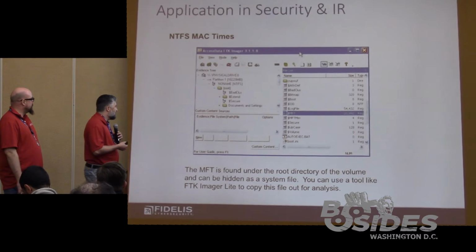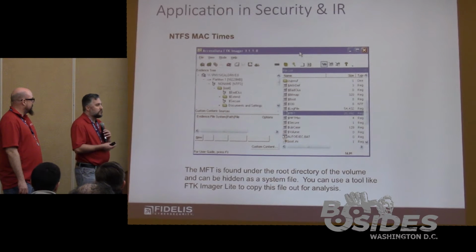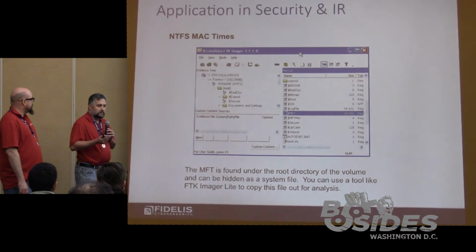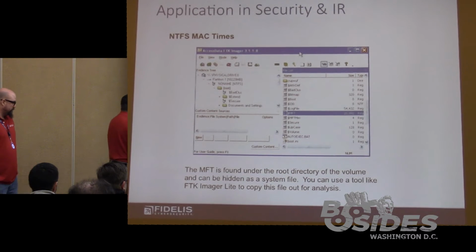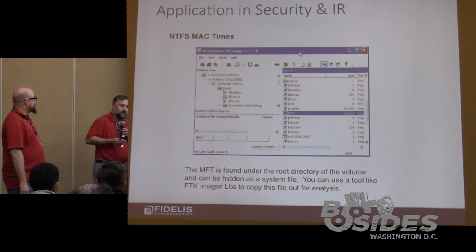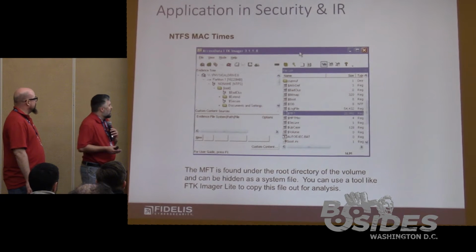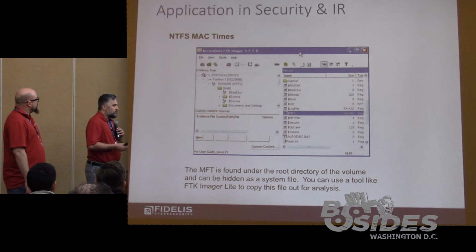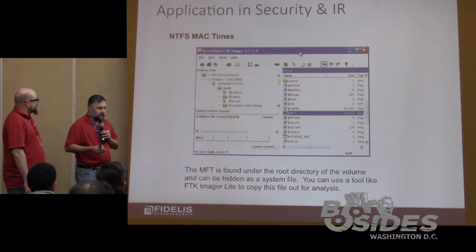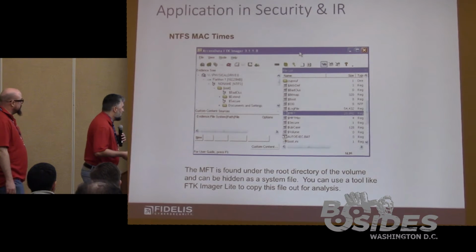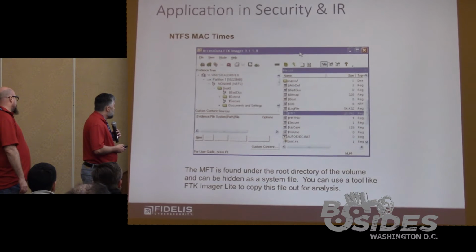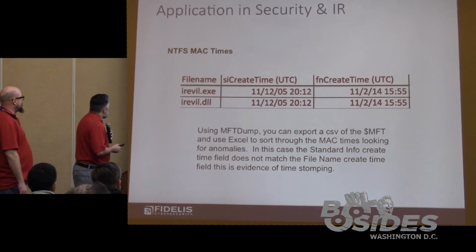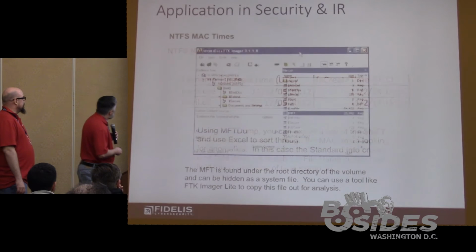The first such tool I want to talk about is FTK Imager. We use this a lot in incident response. It's just a nice handy tool to have in your tool belt. In this case, though, we're just going to use it for a very basic usage. We're just going to grab the master file table and take a look at it. You can actually go through and image your whole system. You can create a forensic image using this tool. I've done that lots of times. In this case, like I said, we're just going to export out the MFT and take a closer look.